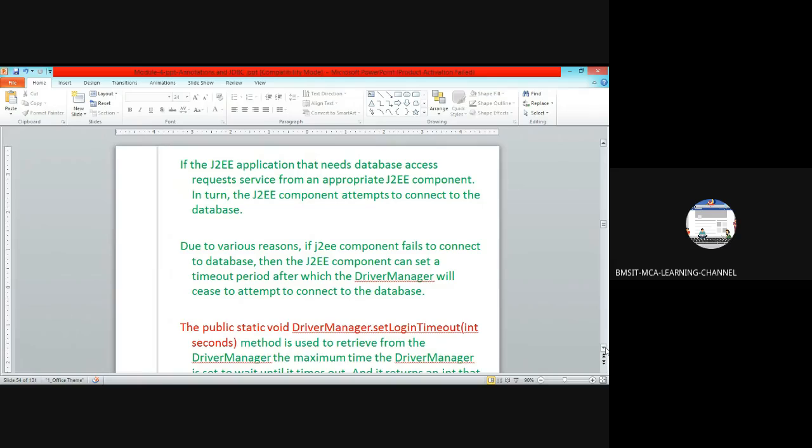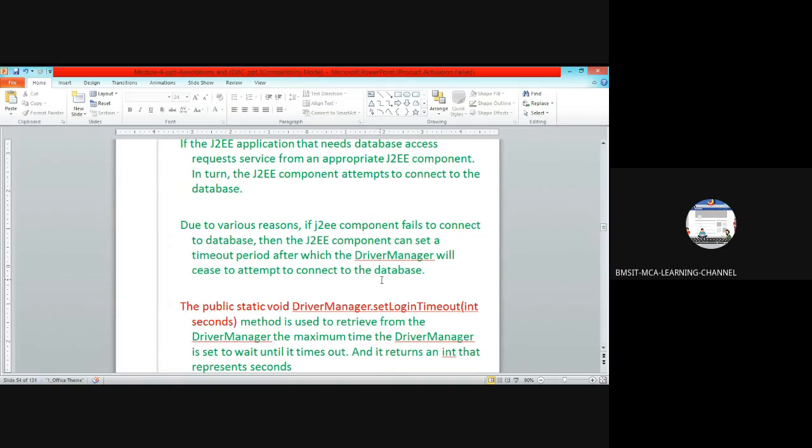For example, the public static void DriverManager.setLoginTimeout is used to set the timeout in seconds. Once the driver is loaded and registered and the connection is established, how long will you wait for user input if the database is idle?